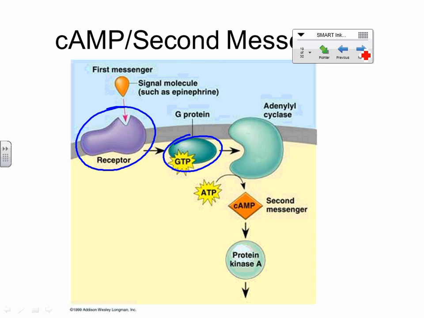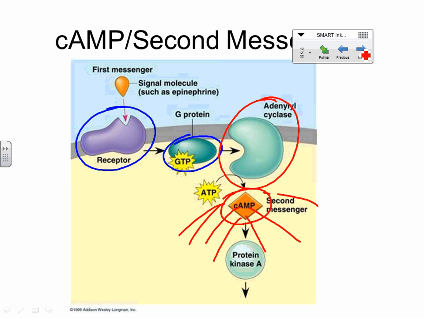That'll move across the cell membrane and eventually turn on this guy right here, adenyl cyclase, an enzyme. And the thing you need to know about adenyl cyclase is that it takes ATP and makes cyclic AMP, which is a what? A secondary messenger. Its job is to take the message from the cell membrane to the rest of the cell. But does this enzyme just make one of those? No, it makes bunches of them. And that's what part of this process? That's the amplification part. Because each one of those can relay that message.